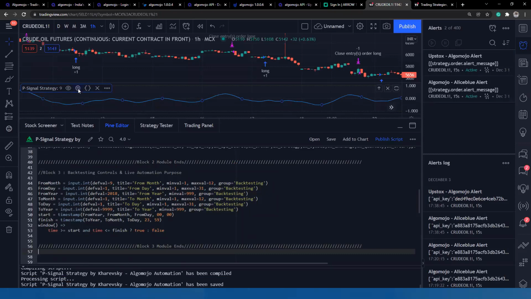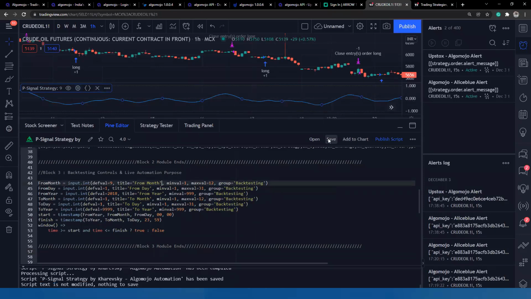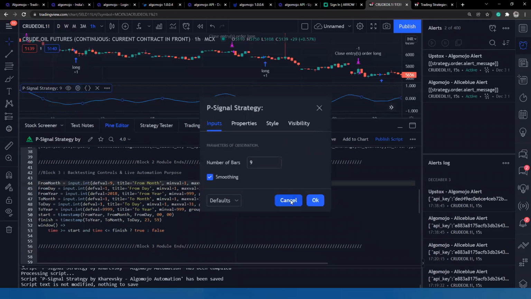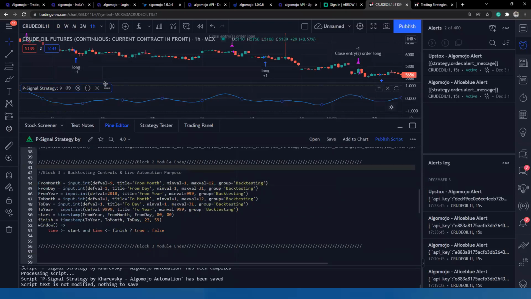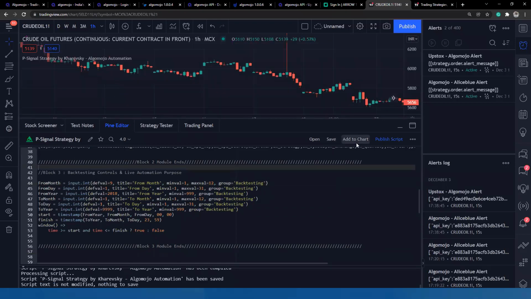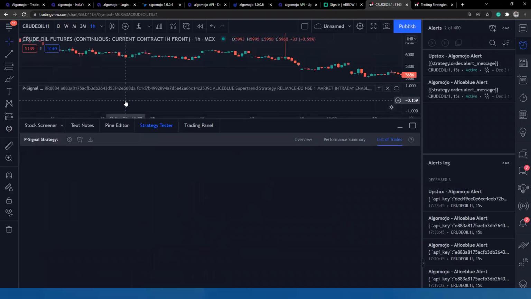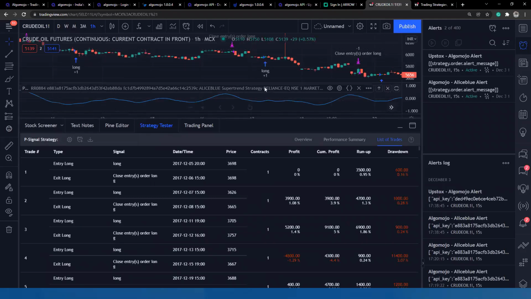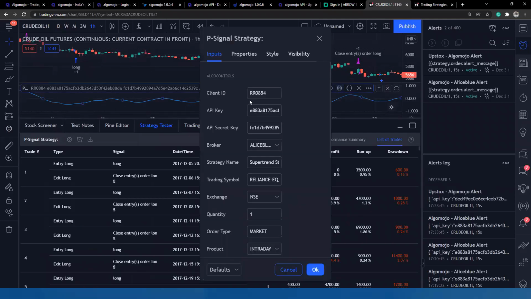Probably if you go to the settings, you'll be able to see those relevant settings as well. So I'll do one thing. I'll save it so that if I go to the charting controls, I should be able to see the controls again. So probably I'll delete it and then add to the charts. Right, so you'll be able to see the controls over here. Go to the settings, go and do the relevant controls over here.